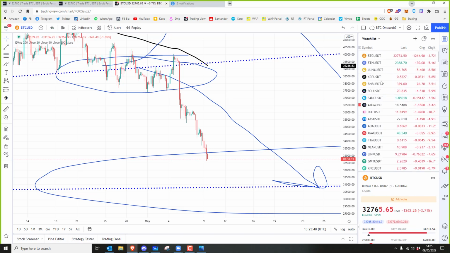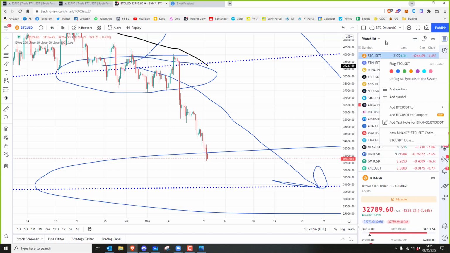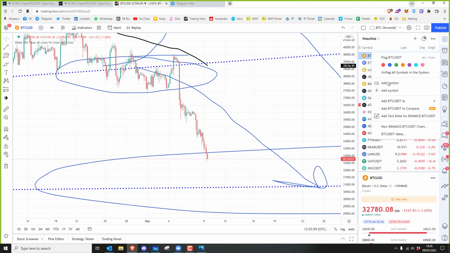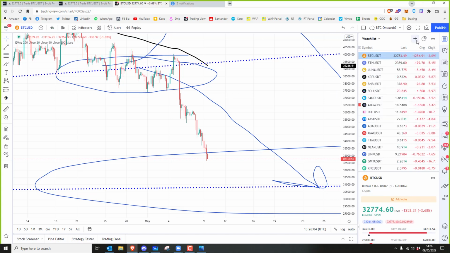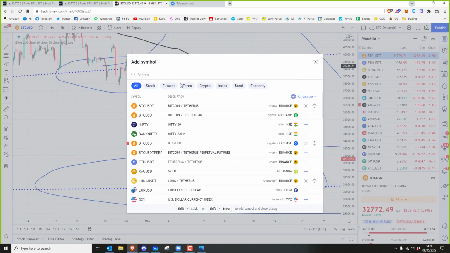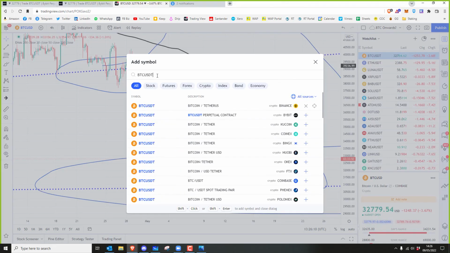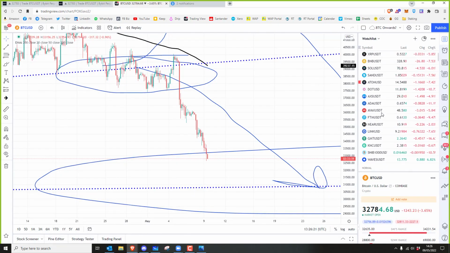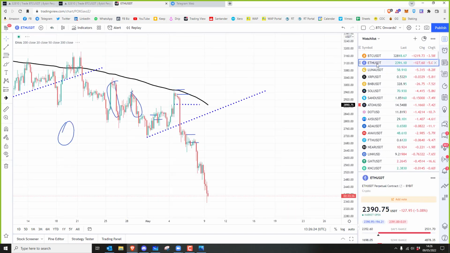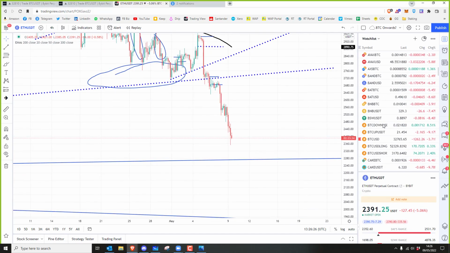So what I've done is I've created on TradingView a separate section, and this top section here is just the Bybit one. The way you do that is you can right click anywhere on here and add section, and then you can add symbols into it. When you're adding a symbol, let's say you want to add Bitcoin, you go to Bitcoin USDT. You already know it's a Tether based one, and then look for the Bybit one, and it always says perpetual contract at the end of it. Then add that. So this list here are the Bybit perpetual contract ones. For that chart, it will be slightly different than the Ether one I have on my other chart,